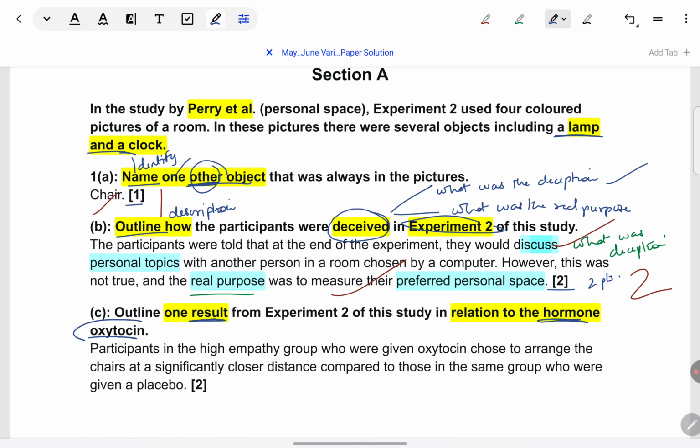Another thing is that in experiments, as a general rule, results are always comparative or relative. There is an oxytocin group, which is the experimental group, but there is also a control group, which is the placebo group. So whatever result you see in the oxytocin group, for interpretation you always compare it with the placebo group. You will have to specify something about the placebo group. They don't need to mention that, but that is understood. And again, the same thing, this is being asked for experiment 2, not for experiment 1. So if you write anything about the protagonist, preferred interpersonal distance, the CID paradigm, you're going to get 0 because they have asked about experiment 2.